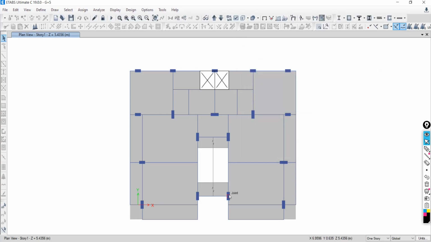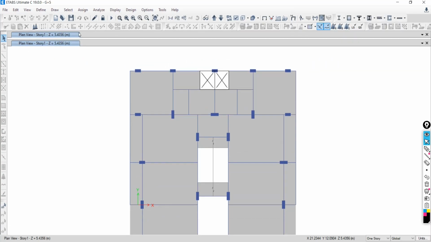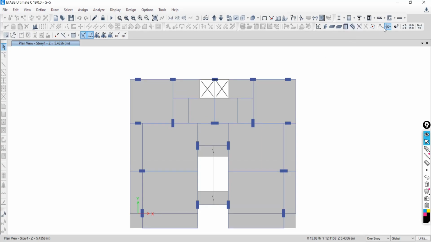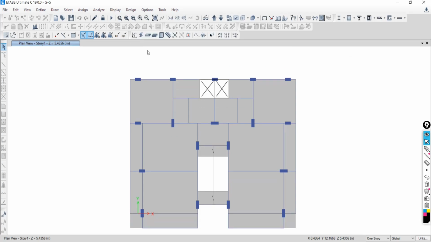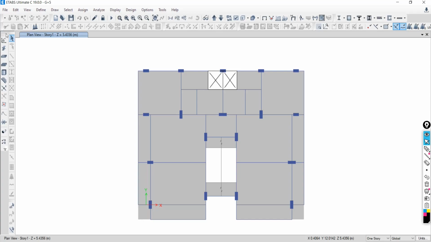So now say okay. If you want to change the position, you can do that. See, on the left side there is an option to select this ribbon. Just click over this and take it down here, and you can set it as per your requirement. Select here, take it and put it here. Whatever you want to do, you can do it here, like that. Take it here and put it on the left side, like this.